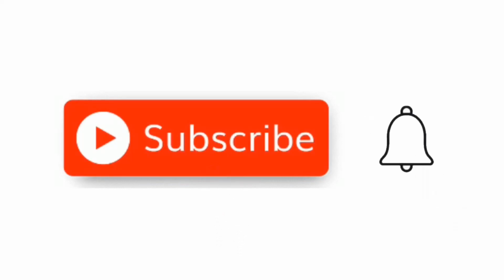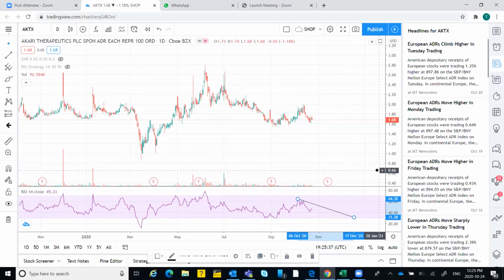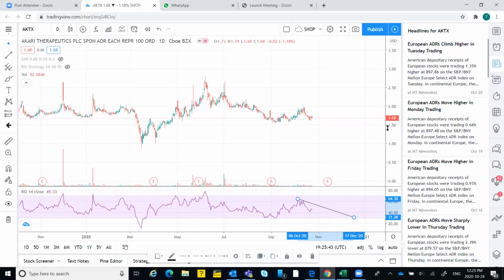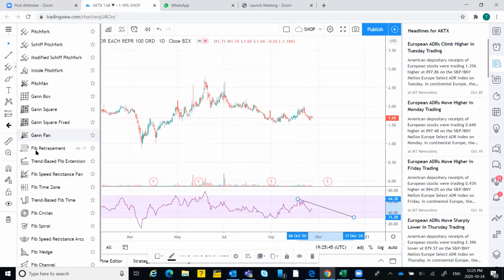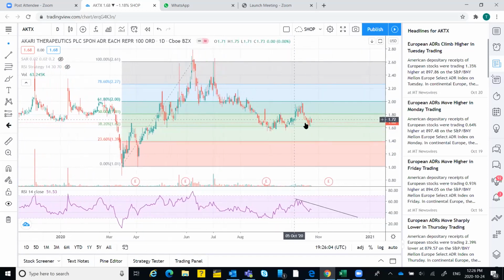Here we can take AKTX. That's a US stock. Okay, AKTX, fall down. RSI is down. Share volume is very less, a minimal volume, and let's put the Fibonacci. So as per Fibonacci, this stock has taken a support from this level, and after support is a doji